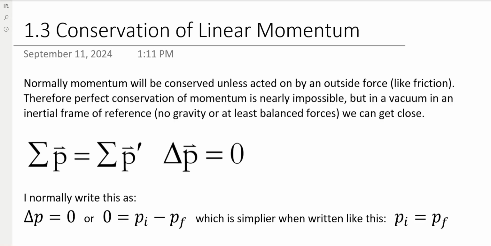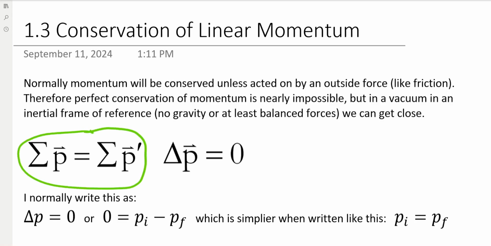Okay, so perfect conservation of momentum is nearly impossible. In a vacuum, inside an inertial frame of reference, i.e. no gravity, we can get close to that. Even a vacuum is not a perfect vacuum, but we can get pretty close. Okay, so the concept is simply